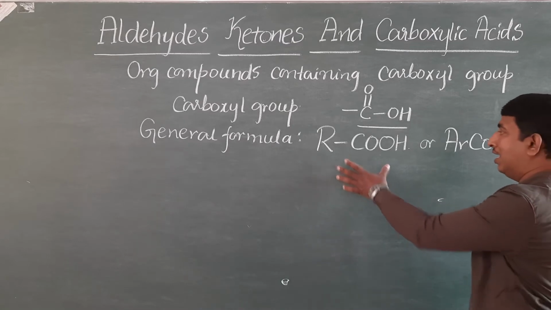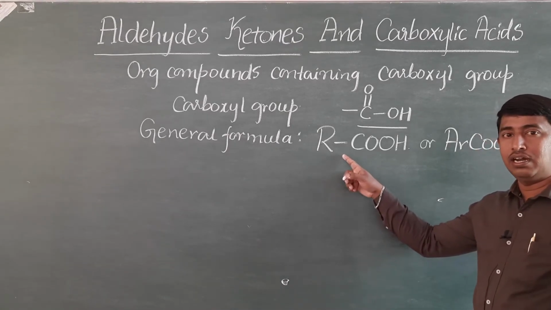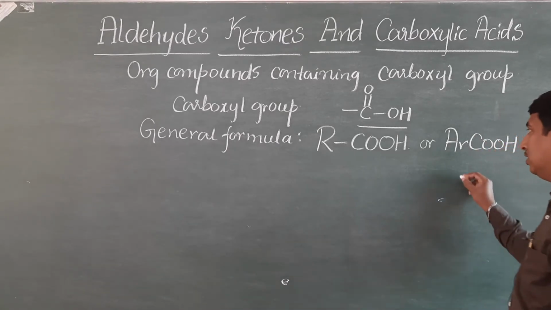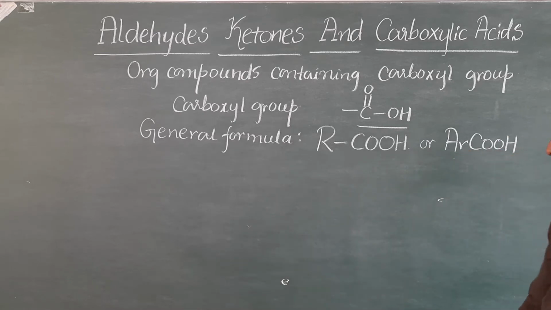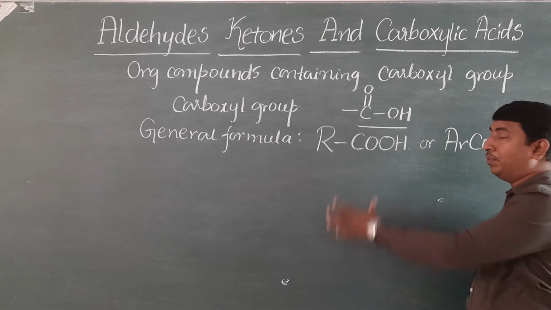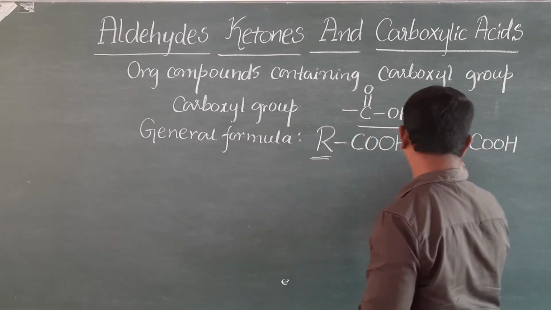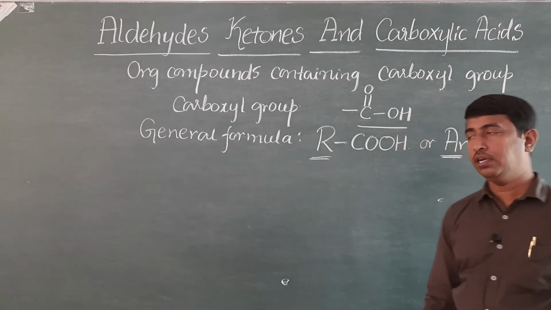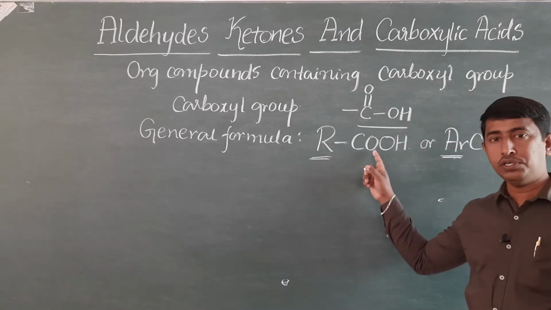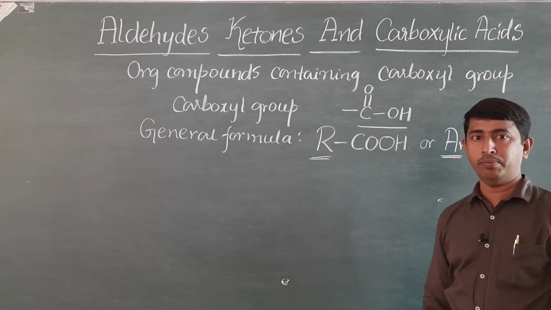That is, R means this is aliphatic carboxylic acid. ArCOOH means aromatic carboxylic acid. That is, depending upon the nature of the group attached to carboxyl functional group,